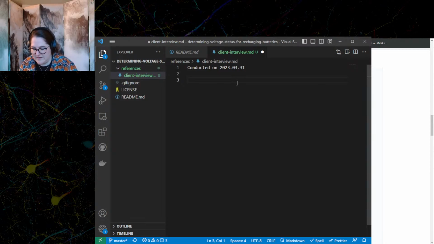And there's a couple of things that happened. I'm just going to write down some bullet point notes. We actually ended up with some drawings that are probably going to end up in this references file, or in a document itself documenting our process. We need to set up an engineering notebook for this project. There's a lot of stuff that's going on because we're at this interface between code and physical objects and microcontrollers and whatnot. But this interview was conducted on this day. Client specified that they wanted to